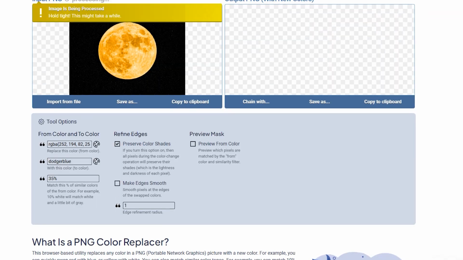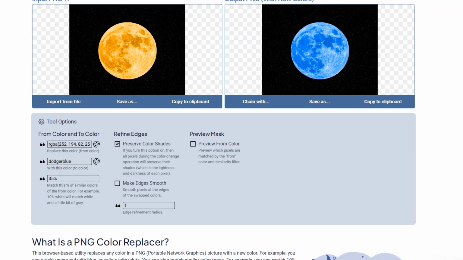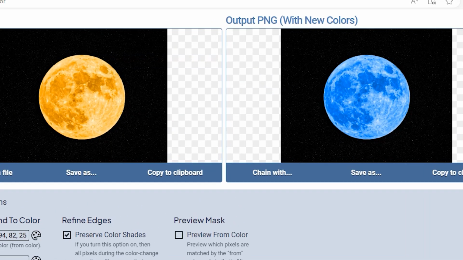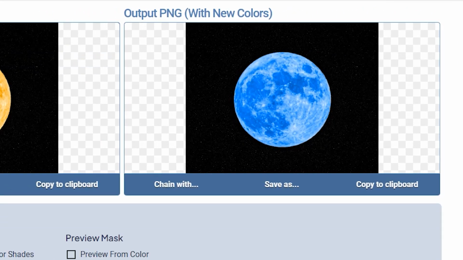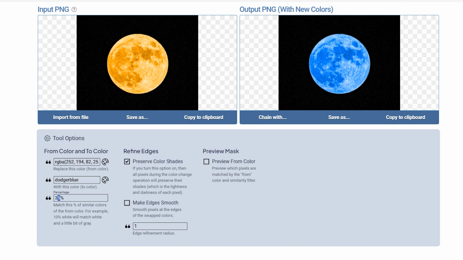In this example, we'll get creative and change the moon's color. We'll turn on the Preserve Color Shades option and redraw the moon from cheese yellow to earth blue. We'll replace the yellow color, RGBA 252, 194, 82, 255, and match 35% of similar shades, including dark yellow and